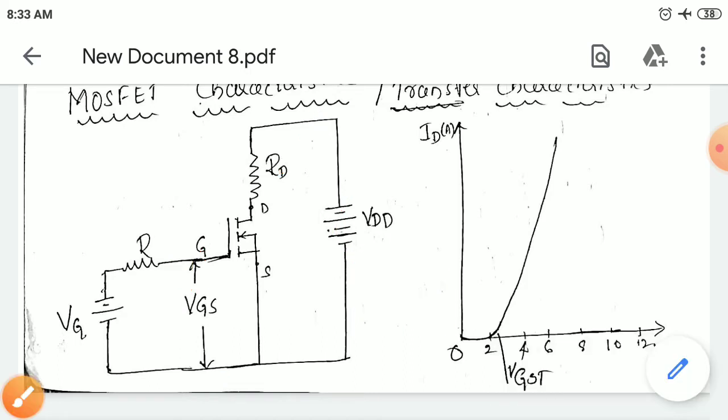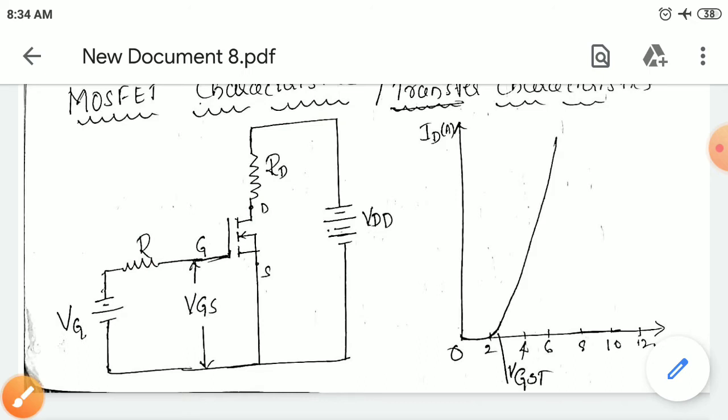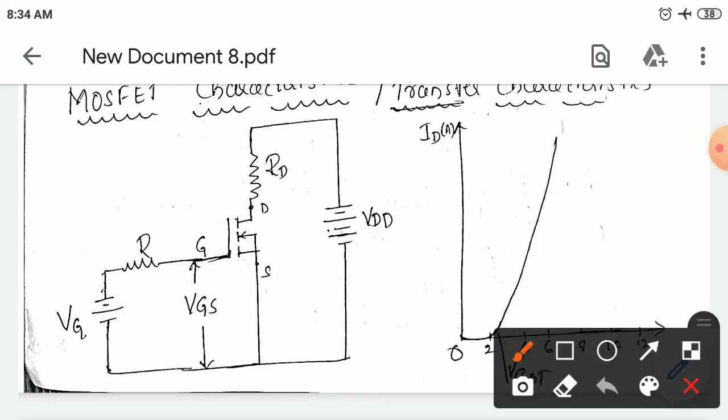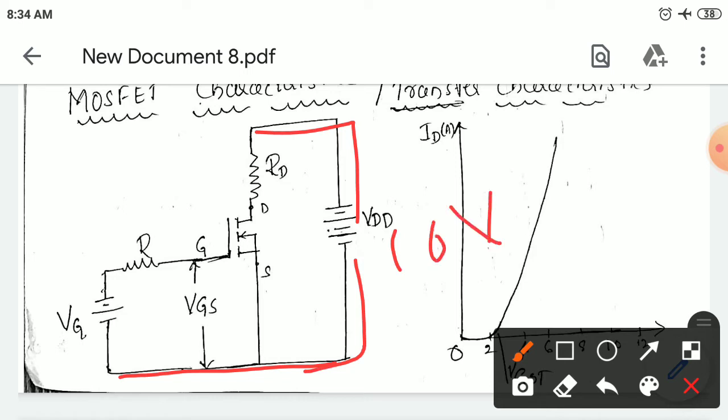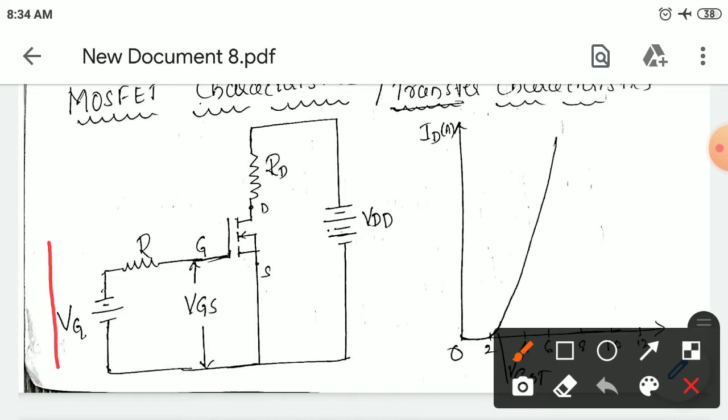If you apply the drain source voltage to the MOSFET and the gate source voltage is off, let us take that there is no gate source voltage, so your MOSFET will not conduct. For the first example, say you apply a drain source voltage of 10 volts, and you keep the gate source voltage at 0. Your MOSFET is not operating. After applying 10 volts of drain source voltage, you start increasing the gate source voltage.